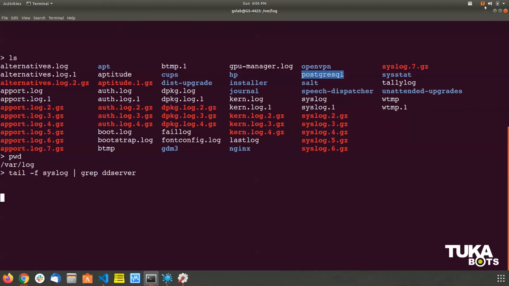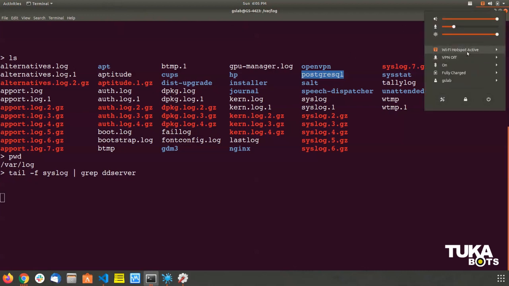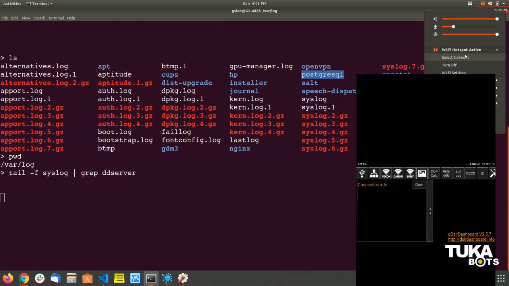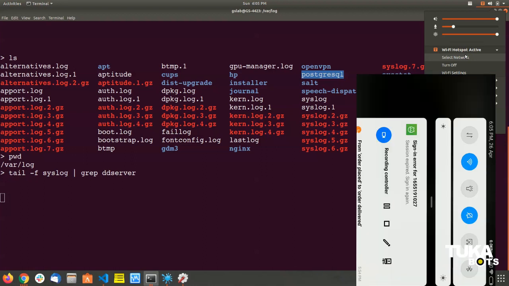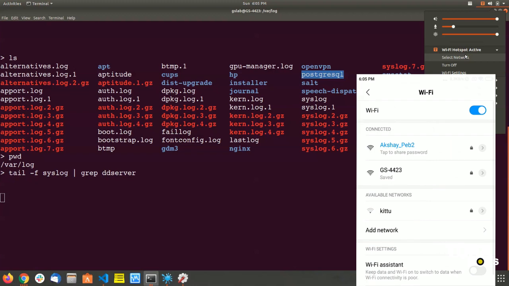Now the second thing I want to make is a hotspot. So I've already turned on my hotspot here. So if you see, there is no Wi-Fi from outside, but this laptop itself is a hotspot. So this is my app. Before this, I'm going to connect. So this is my home network, but I'm going to connect to the laptop. Now I have already configured this password. You just need to enter the password of your hotspot.